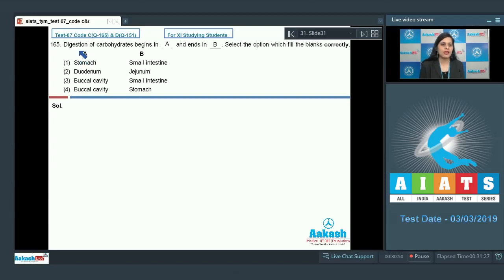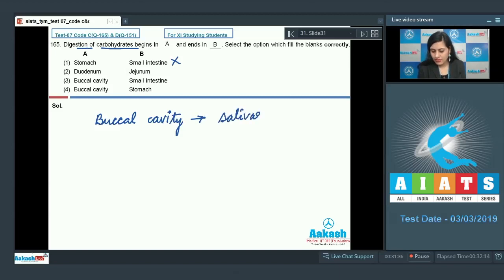Question number 165. Digestion of carbohydrates begins in A and ends in B. Select the option which fill the blanks correctly. And the very first option given is stomach and small intestine. And this is an incorrect option because digestion of carbohydrates begins in buccal cavity or oral cavity by the action of enzyme salivary amylase, and ends in small intestine